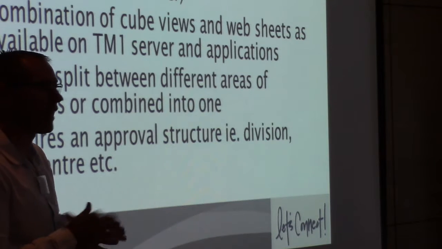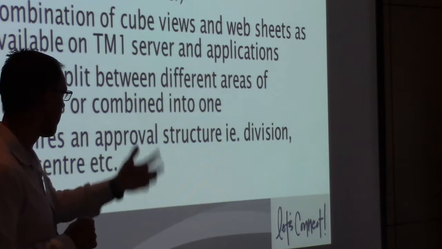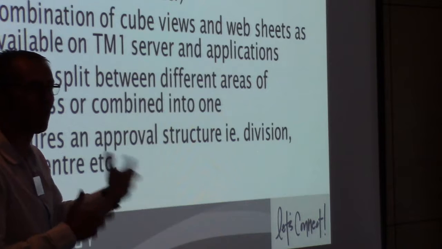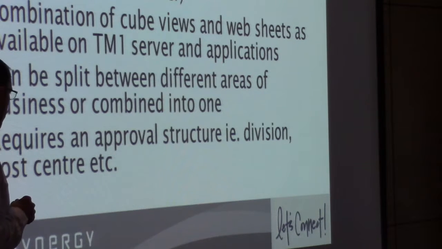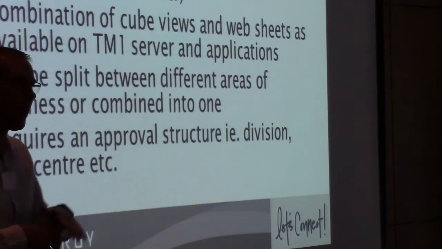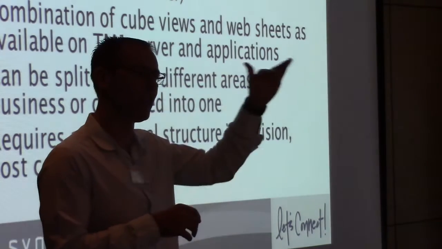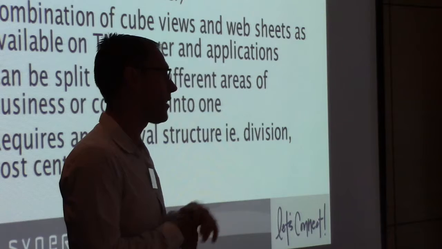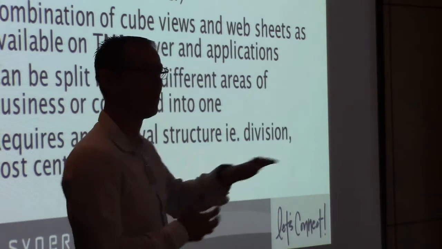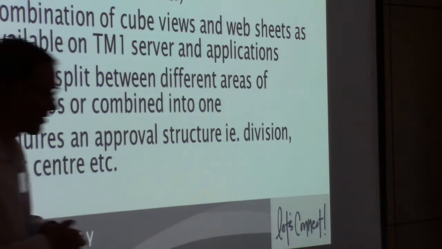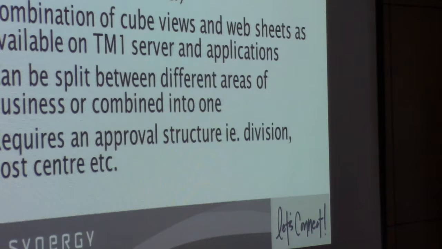There's a little bit of technicality on how to do that, and off the back of this session, we would run more technical how-tos on how you can break it down. The key thing here is you need to imitate your approval structure in at least one dimension. And if that dimension doesn't exist, we have the ability for you to link that dimension into the budget approval environment. So that's workflow. I'm going to talk through that now.